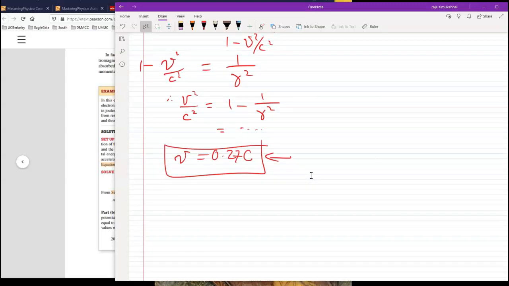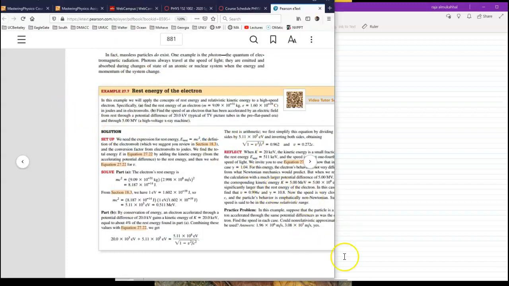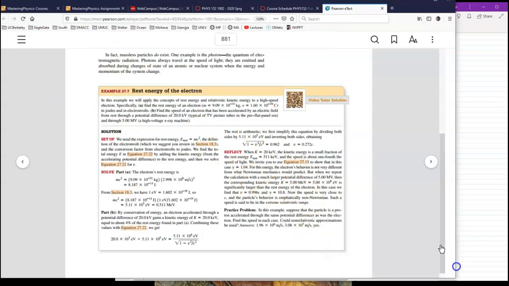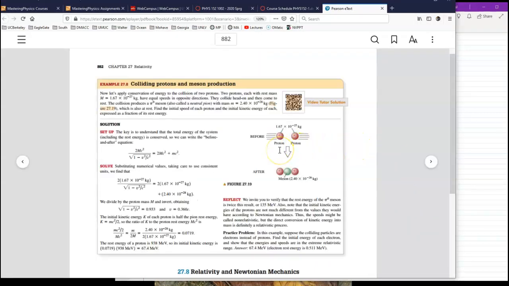Okay, I want to do one more problem, and then I'll let you go. We are already over an hour, but I'm going to do one more example, number 27.8. Then, if you have a question about any of the homework problems, post them either under Ask the Professor or under the discussion forum, okay? Just post them and I will supply a solution. I can simply solve it, take a picture of it and paste it there, so you can see the solution. I will do it for you. Okay, let's do example